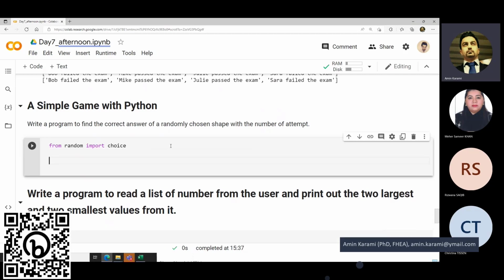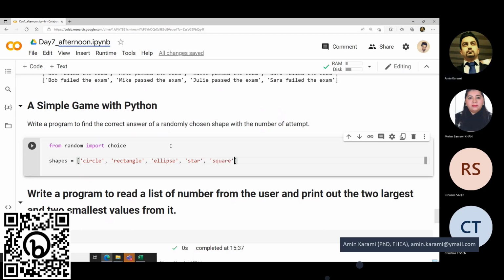For instance, I want to say shapes is the list. So let's say circle, rectangle, ellipse, star, bottle, square, diamond,